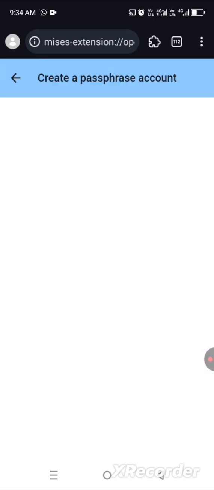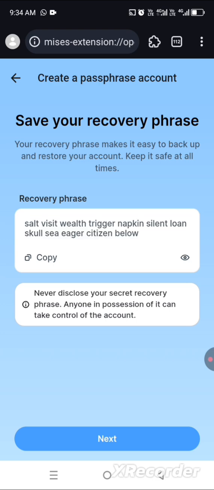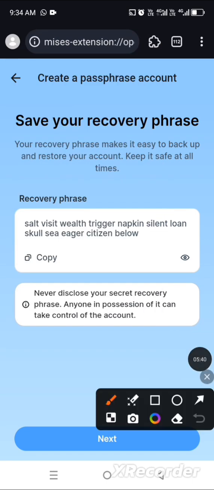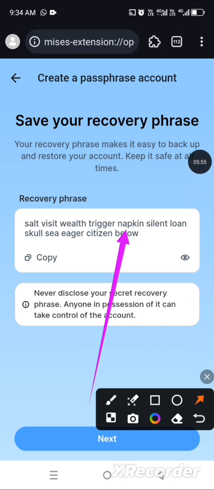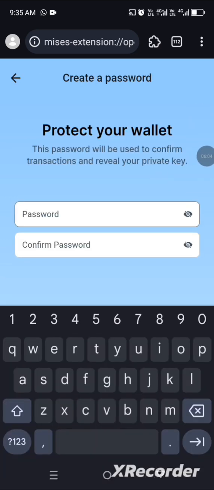You click. Make sure you always copy your passphrase and keep it on a piece of paper. So you open it. These are your passphrase. You copy it and put it on a piece of paper so that next time you can use it. If you lost this phone, once you have this passphrase, you can use it. Anybody that has this passphrase has your token. We've discussed it so many times. So always keep your passphrase safe. So you copy it down. So click next,